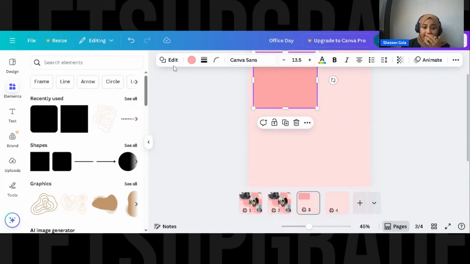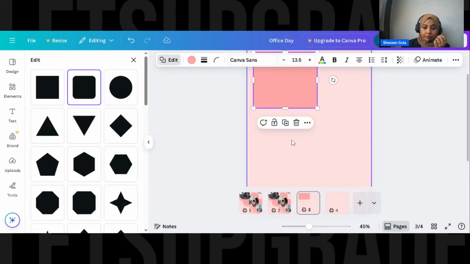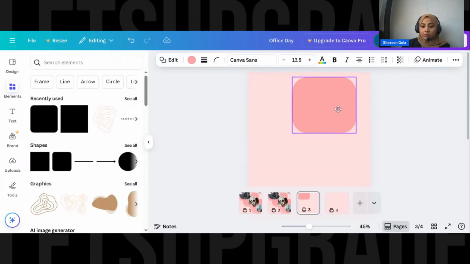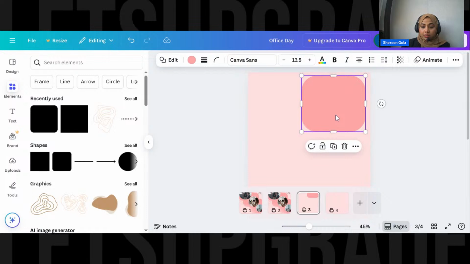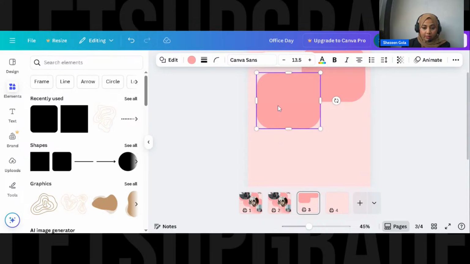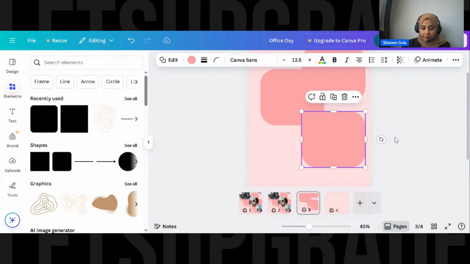Okay, and you can edit this also, the corner rounding, you can make it more curvy. Okay, now what we are going to do is right click, either duplicate or press alt or control D, and you can, like, let's press alt and copy.